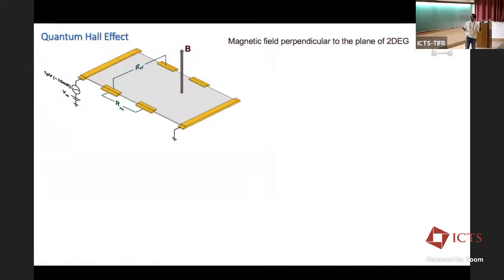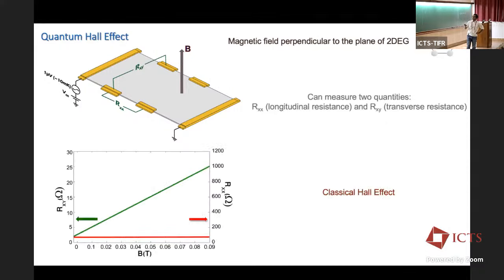That's its topological number. So just to give a few slide introduction, of course most of you know about it. Let's think of a two-dimensional electron gas. I apply a magnetic field perpendicular to its plane, and I can measure two quantities: Rxx, which is a longitudinal resistance, and Rxy, which is a transverse resistance. At high temperatures or in the classical regime, Rxx is independent of magnetic field, Rxy goes linear with the magnetic field, just a measure of the number density, nothing fancy here.